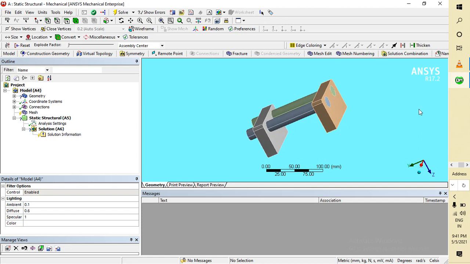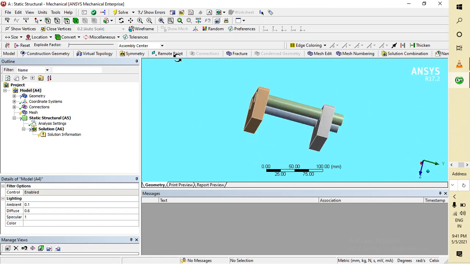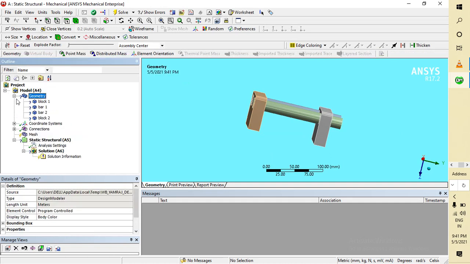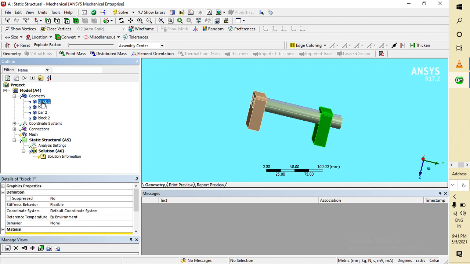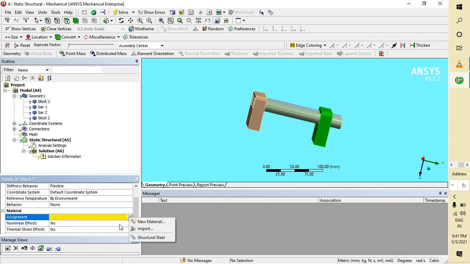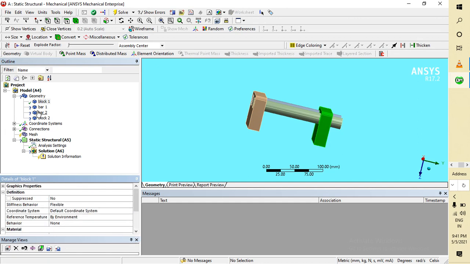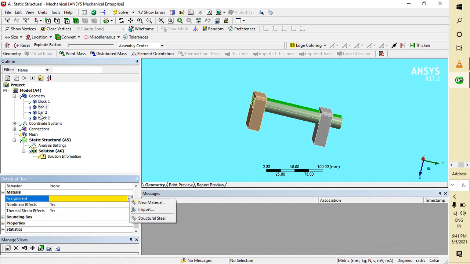So now it is my two bar assembly. In the geometry part it is showing something, which means it is not correct, some problem is here. So what is that problem? Click here, it will show the assignment. What is the assignment of the material? I have to assign structural steel. So again I have to go here and go to structural steel.